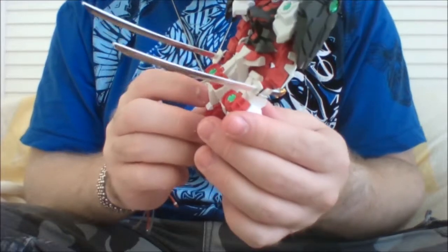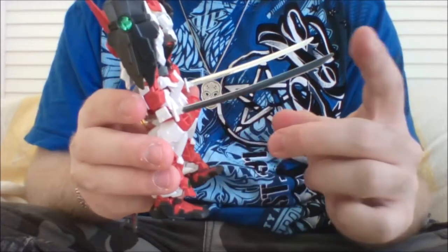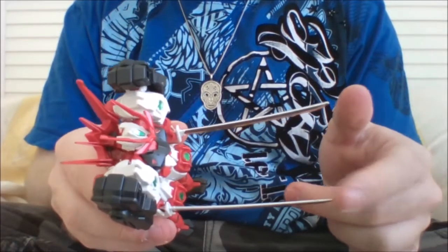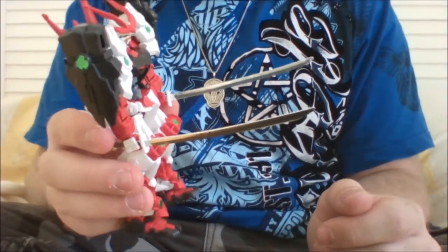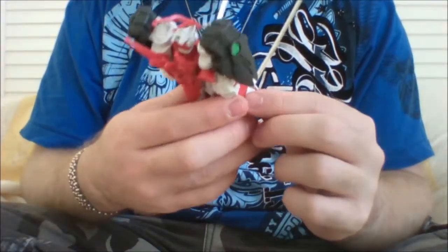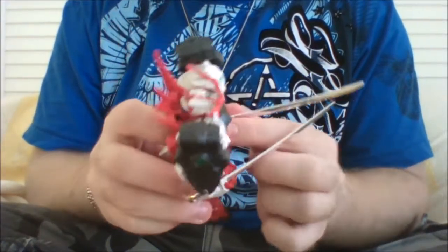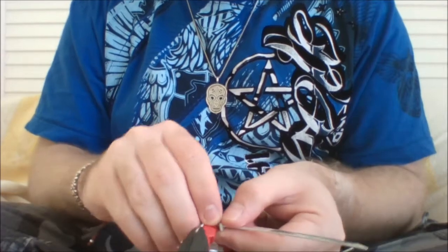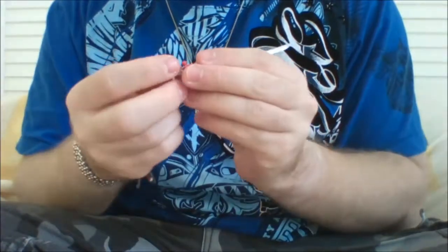Okay, so then what else is there to say? Well, the coolest thing about it and the worst thing about it at the same time, these two katanas. When you get them, they're pure white plastic pieces molded in one piece. And so, of course, you need to take some stickers which come with it and attach them. I get that it's a high grade and it might happen that you have something like that, but with this katana,